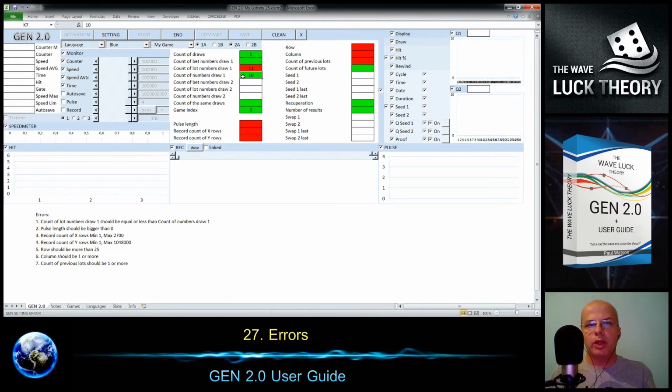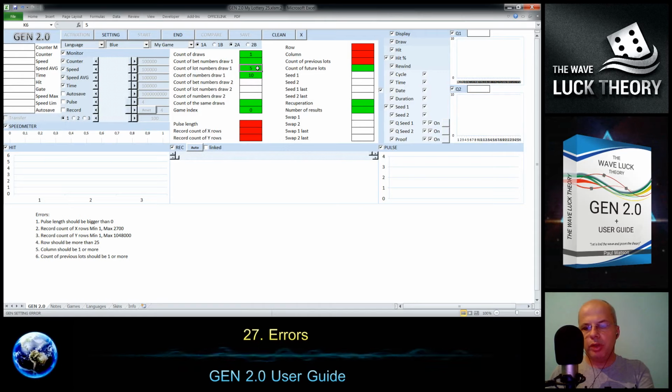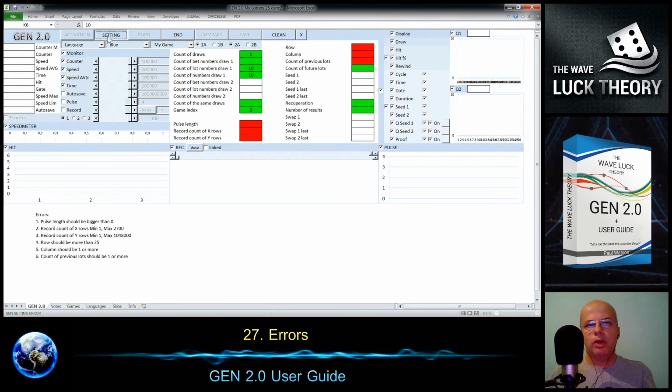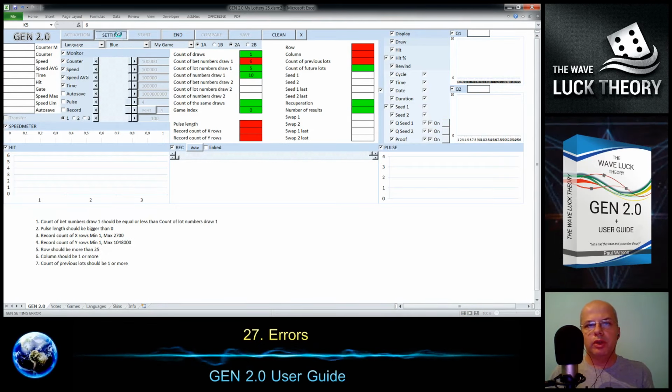When the number of drawn balls is smaller, then it's okay, or it can be equal. The problem can be if I am drawing just 5 numbers but selecting on the ticket more than drawn numbers, for example 6. So this is also a problem.